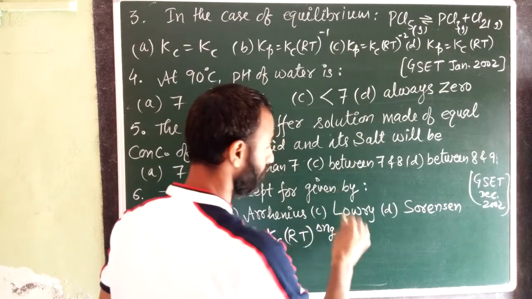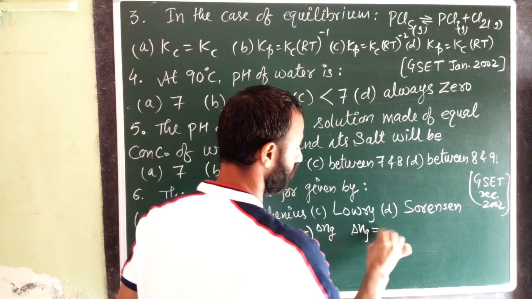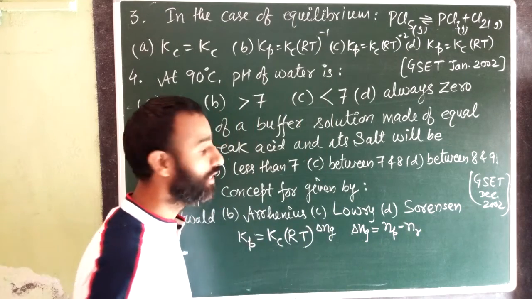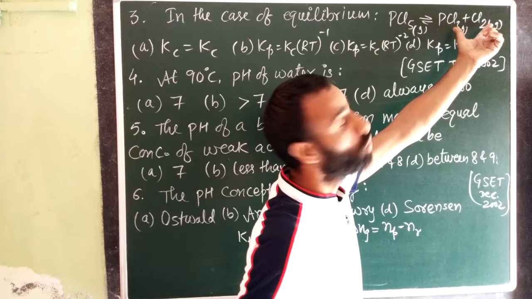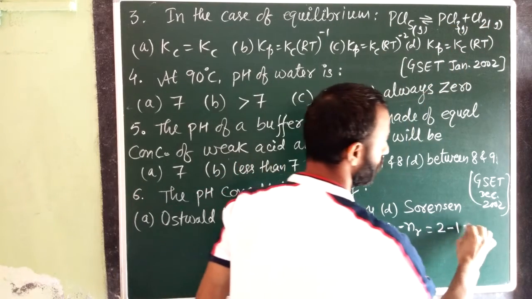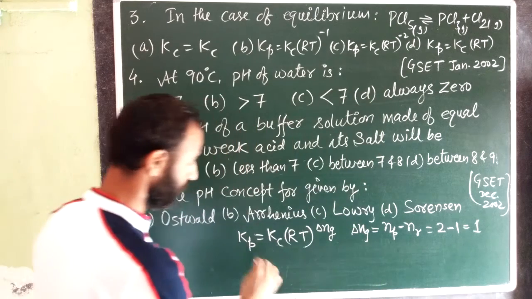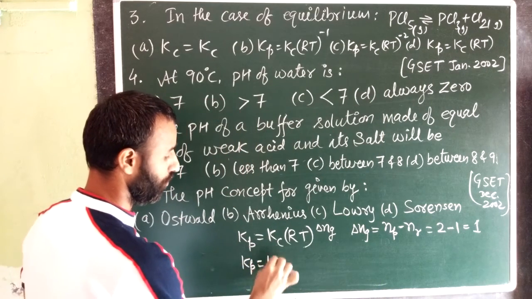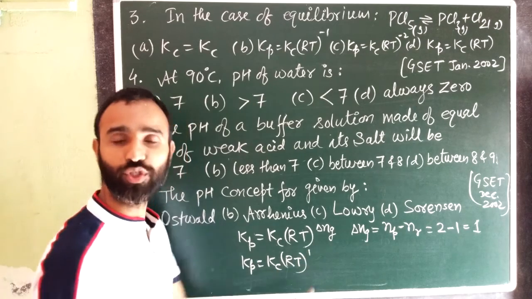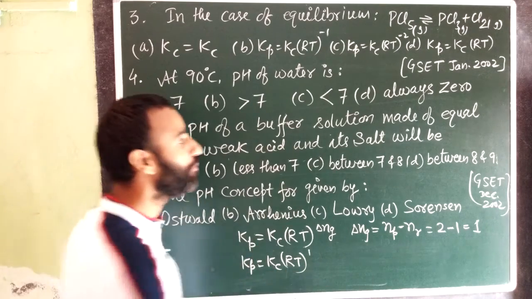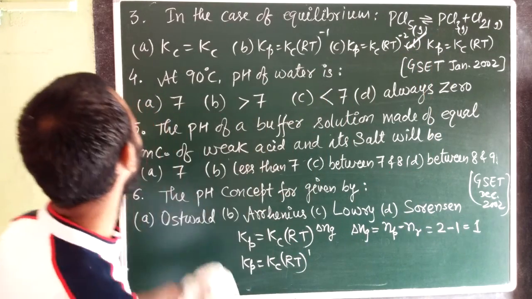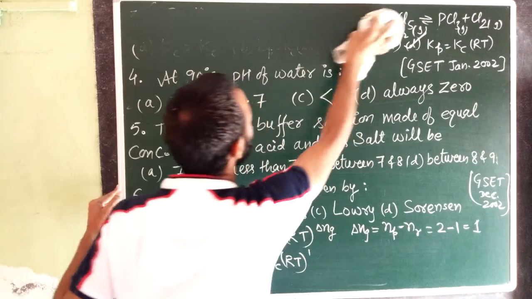So now see, gaseous moles change is gaseous moles of product minus gaseous moles of reactant. Now product gaseous moles are 2 and reactant 1. So it is 1. That implies Kp is equal to Kc (RT) raised to power 1. So which option is correct? Simple. It is option D, right? So this is a question from GSET